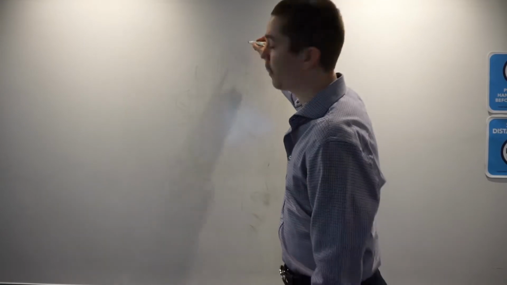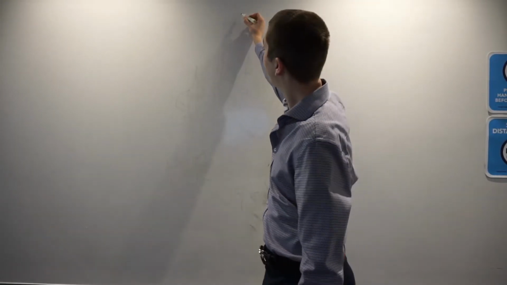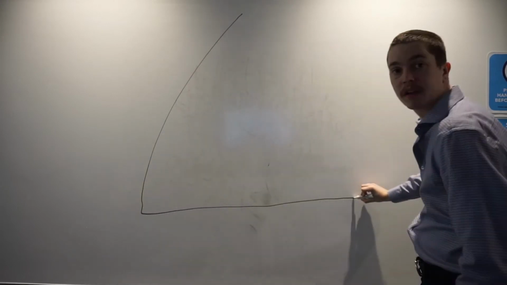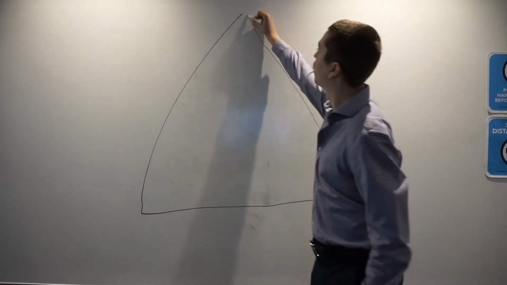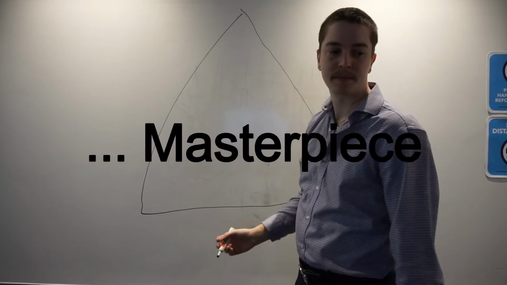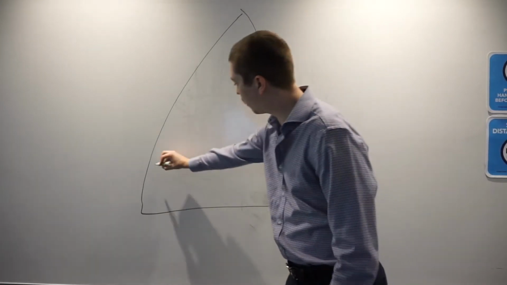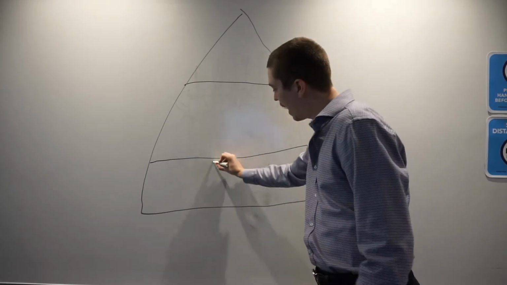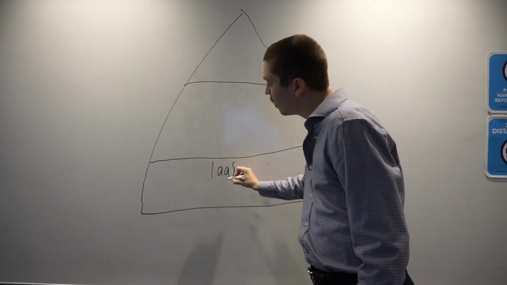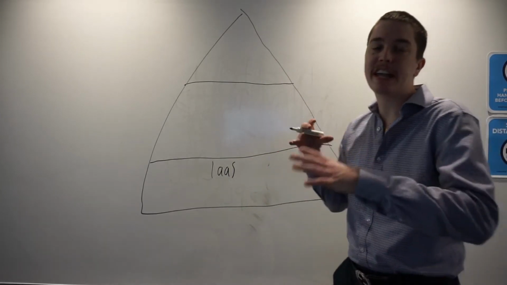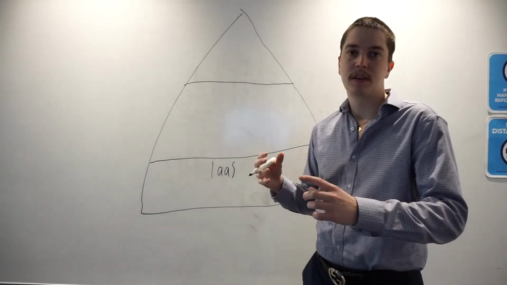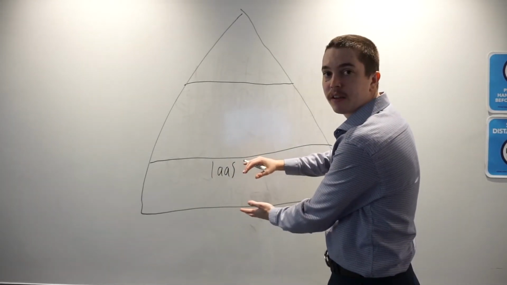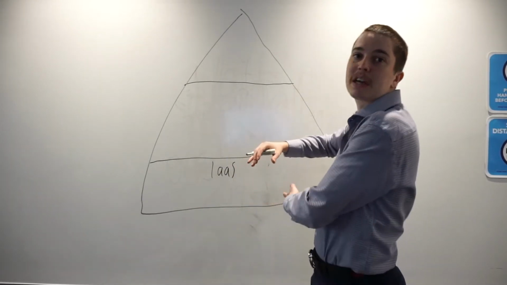Let's draw a big pyramid. In this pyramid we have 3 levels. At the bottom of this pyramid we have IaaS. Now what is IaaS? It stands for Infrastructure as a Service. This means if you're working with applications in here, then they're not really applications. You're working with the infrastructure itself.